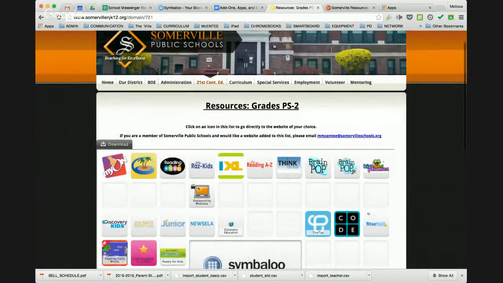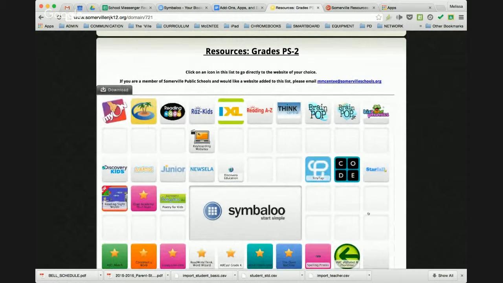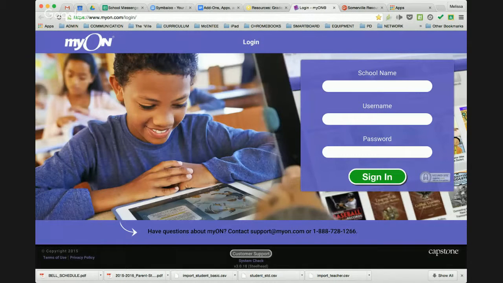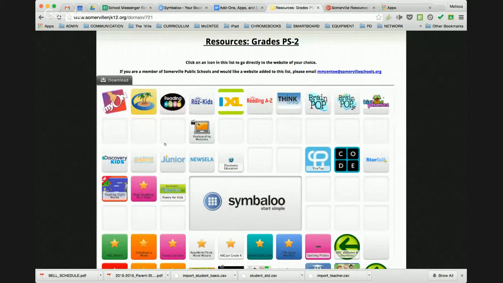The resources for grades preschool to 2, as well as all of the other grade levels and the staff resources, are a growing list. So all you have to do, or your students have to do, is click directly on the icon to go to the website. So it's very, very simple, very easy for students to be able to use. The fact that there are icons there and pictures that represent each of the websites will hopefully help students find